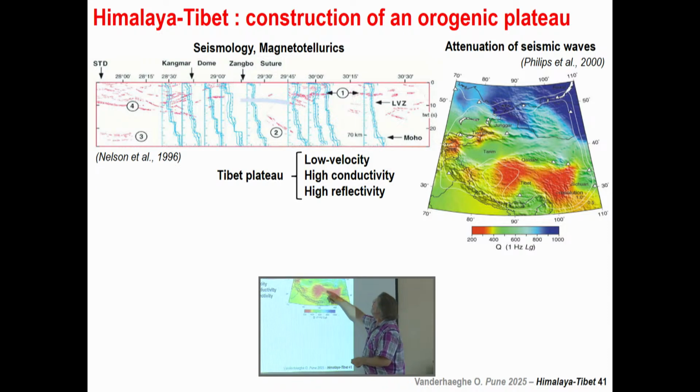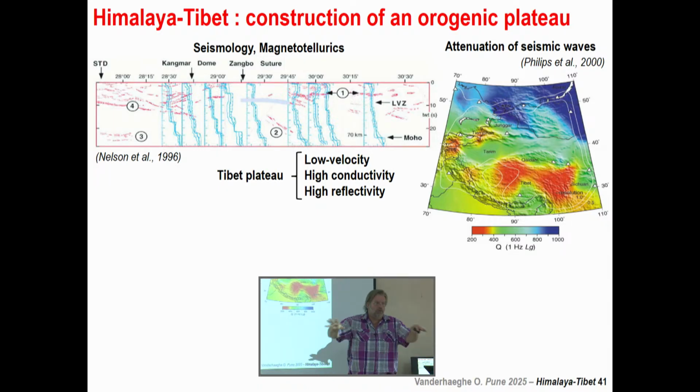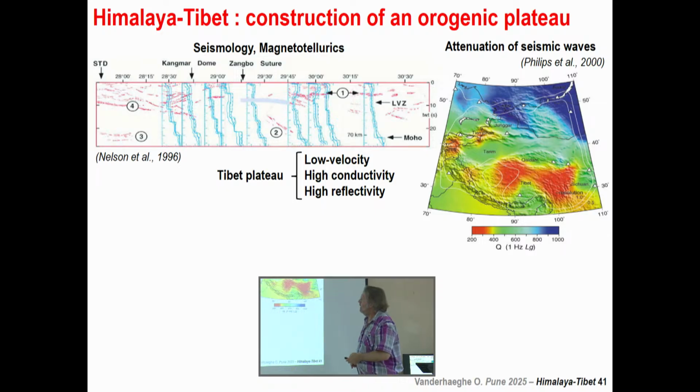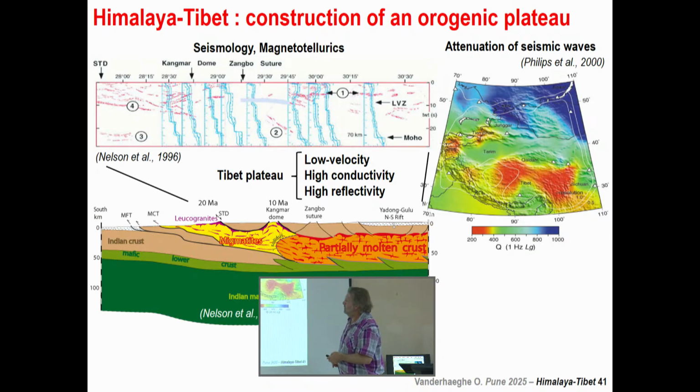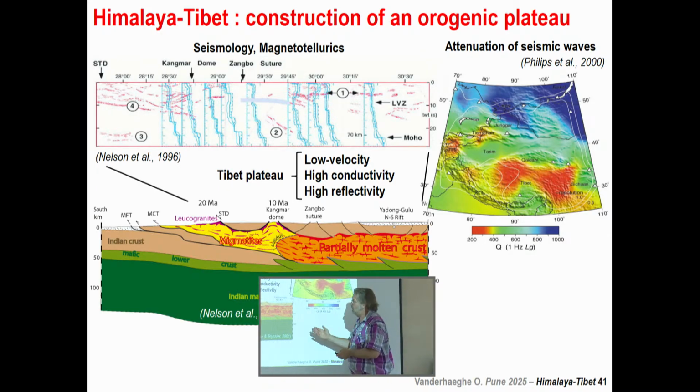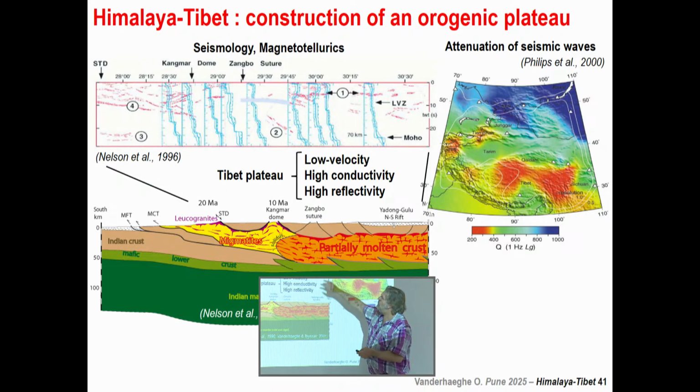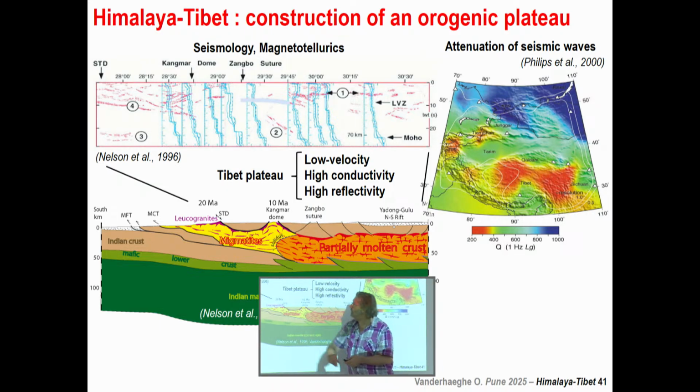Well, if you look at the attenuation of seismic waves, that's the red part here, it's pretty much throughout the Tibetan plateau and all the way to the eastern side. So I think that's not something very limited to the rift, it's something that is big. You know? So that's our representation, but we pretty much followed the proposition of Nelson at the time,